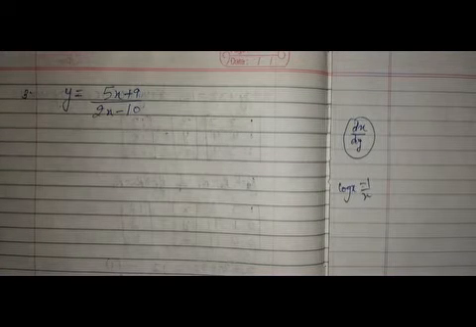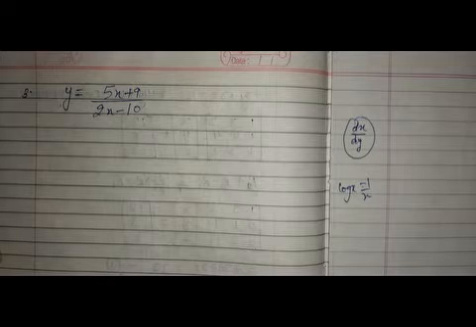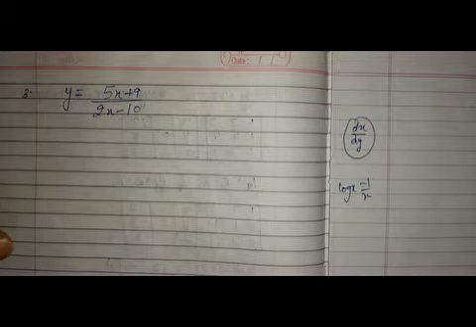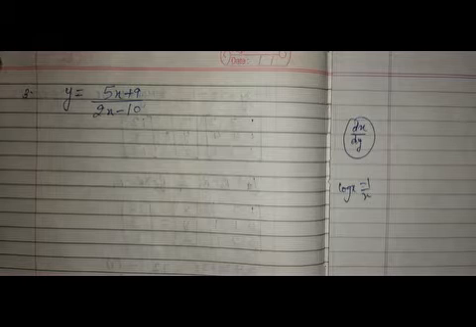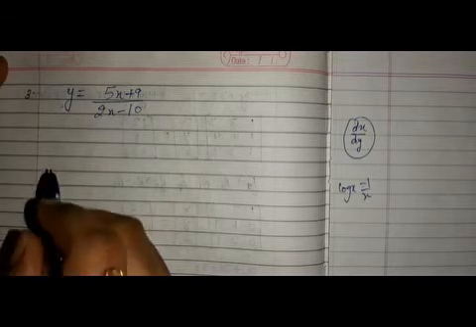Now the third question is y equals 5x plus 9 upon 2x minus 10, and here also the question is the same. We have to find the rate of change of demand x with respect to its price y. Okay, this question is of question 2, but I am including this in question 1, and there are a total of 4 questions you have to solve. Okay, both question 1 and 2 are the same, only the statements are different.